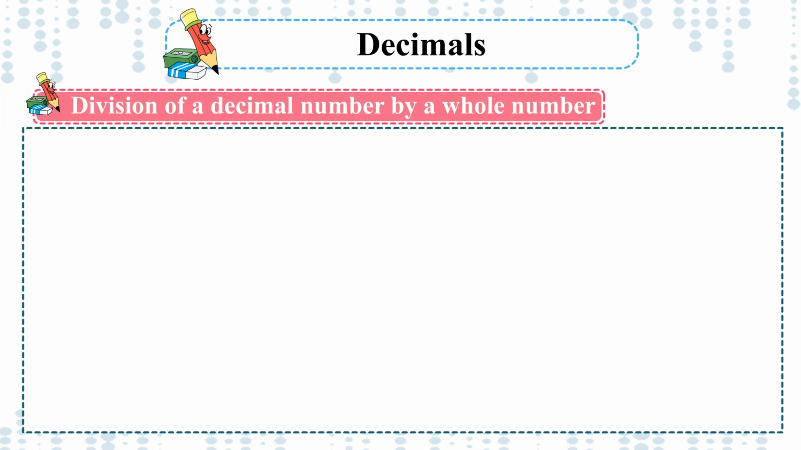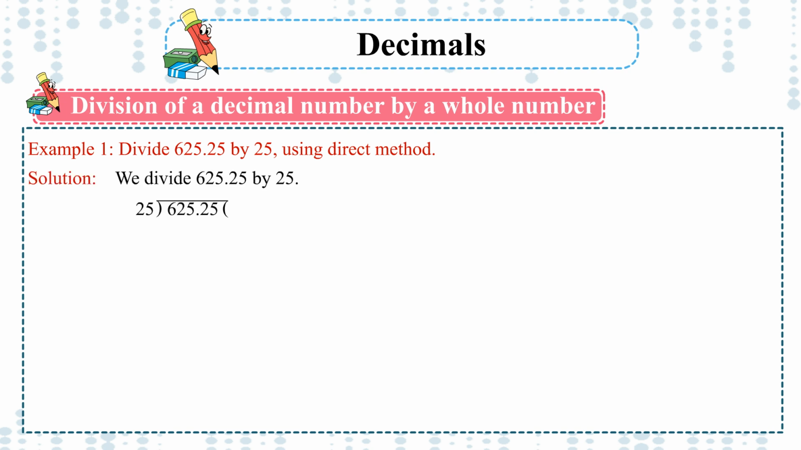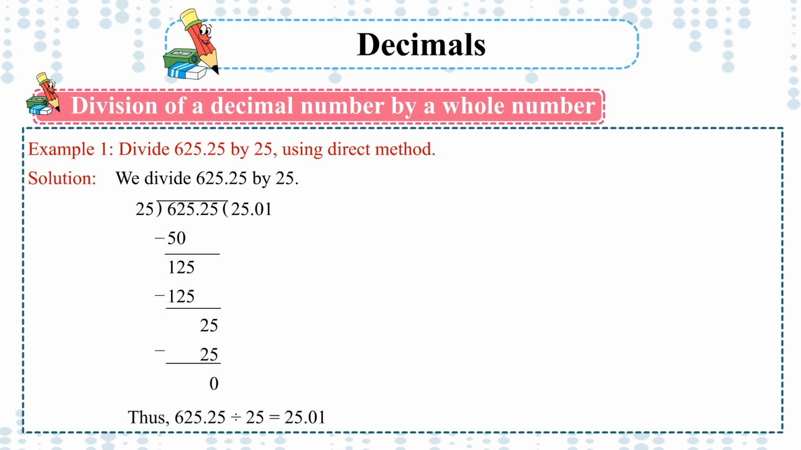Division of a decimal number by a whole number. Example 1. Divide 625.25 by 25 using direct method. Solution. We divide 625.25 by 25. Thus, 625.25 divided by 25 is equal to